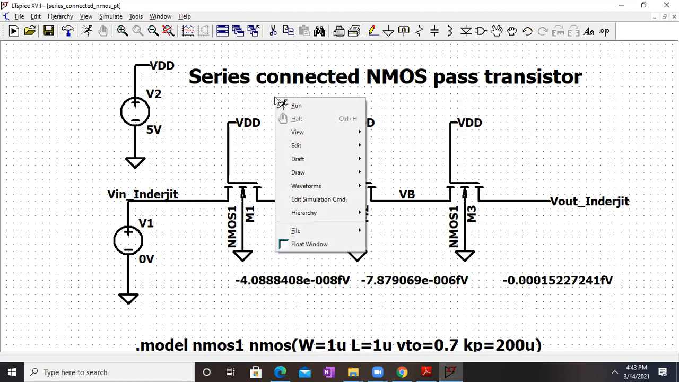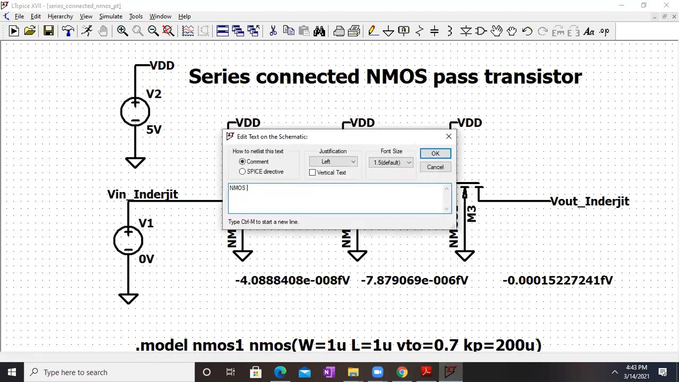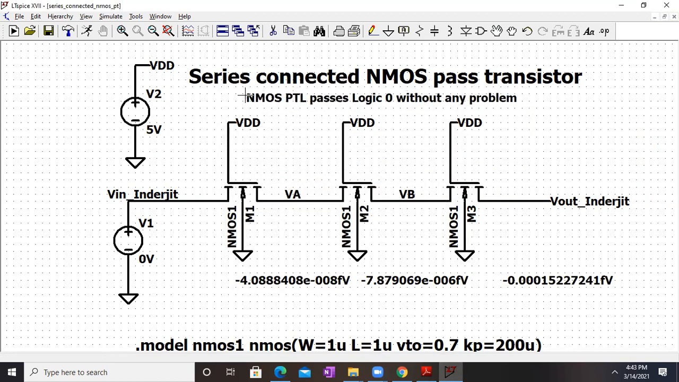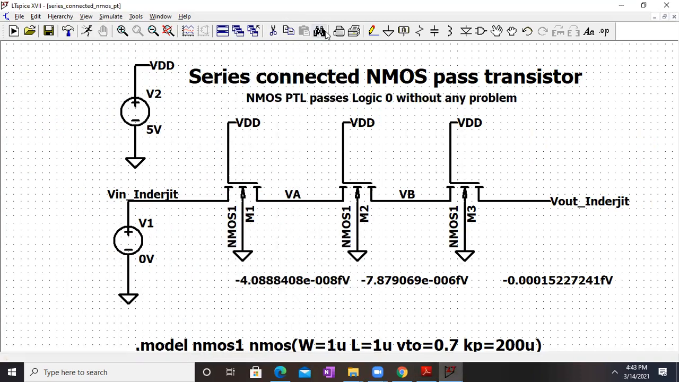So let us write that statement. That only means that NMOS pass transistor logic passes logic 0 without any problem. Okay, NMOS transistor passes logic 0 without any problem. Okay, so this is the proof of it. Fine. So concept-wise also we will address that soon, but let us see now what will happen